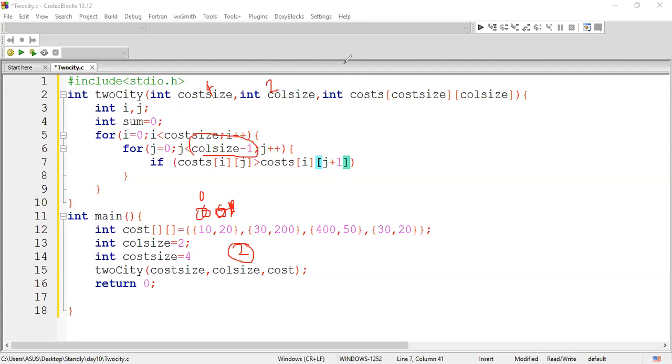Okay, just a minute. Few people are asking, what is that? j should be 0. Yes, j is 0. So here the jth position is 0, here the jth position is 1. Jth position is 0, jth position is 1. Only the i value is going to be varied here. So if you mention just column size alone, what happens? It will go to index out of range. This will be iterated twice. I don't want it to go for index out of range. I'll iterate only once. I'll take the first and second value. Again, I'll move my pointer to the next ith position. I'm going to take the first and second value. Is it clear? Okay, fine.